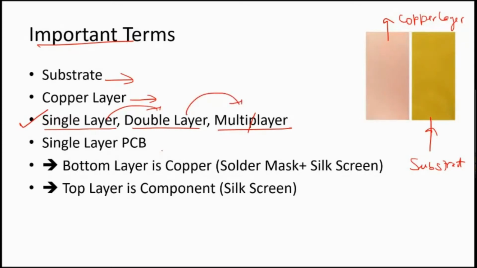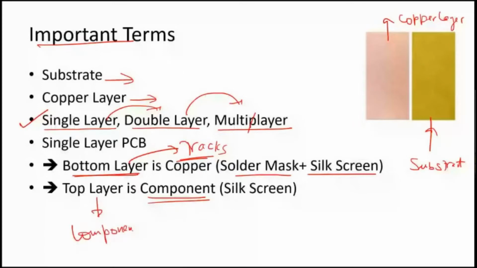In a single-layer PCB, you have only one copper layer, which is the bottom layer. In the bottom layer, you have the copper. In the top layer, we put our components. The copper layer additionally has a solder mask and a green silk screen layer, which we normally add after we fabricate the PCB. Once we start designing the PCB, you will understand those things. In a single layer PCB, that is where we put all our tracks, and we put all our components in the top layer. So that is the basic understanding that you should have.